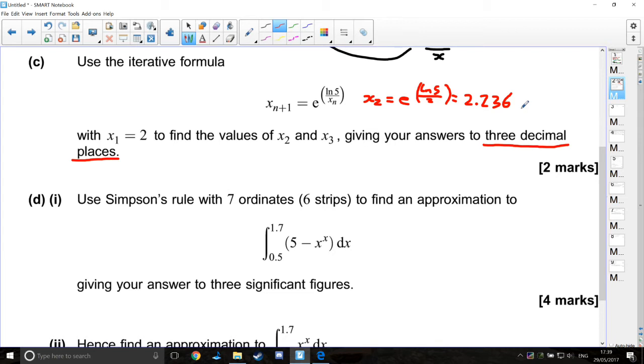Well, the next number after that 6 there is 0, then 6. So I don't need to worry about rounding up or anything. That's sufficient. Okay, x3 then, for this,